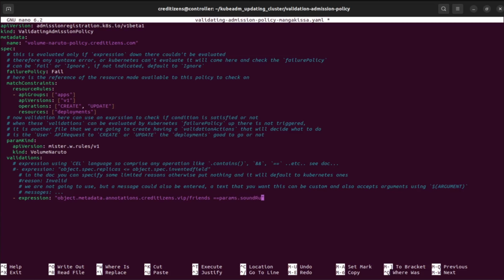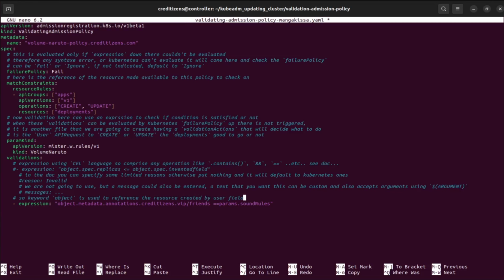So params here, param kind, so it's going to reference the custom resource. Dot sound rules. You know, there we have a defined replicas friends sound rules on location. So here I'm just going to be comparing that both are the same. So the value of the annotation will have to be the same as the value of sound rules that you have defined